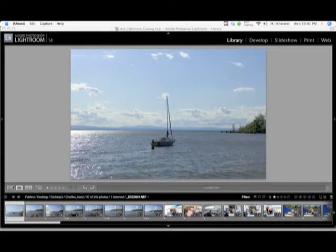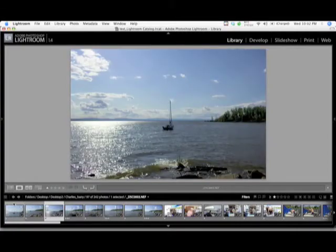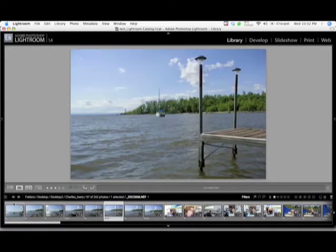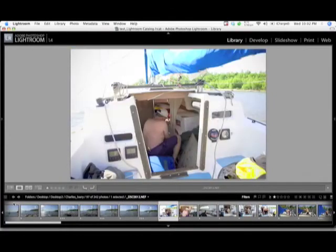So you can see here I'm arriving at the shore, and Barry's already on his way out to the boat. I took a couple shots just to give the boat in context of its environment by the shoreline here, and then I start making my way out to the boat, taking several photos along the way just to make sure I'm capturing the boat from different distances, marking my movement. And when I get to the boat, Barry is bailing,